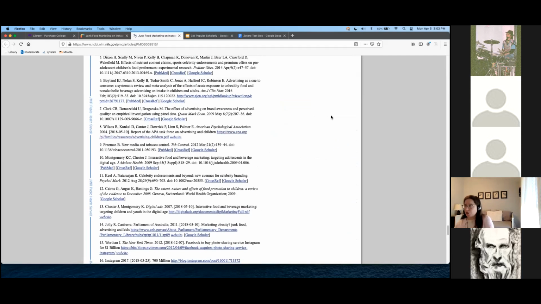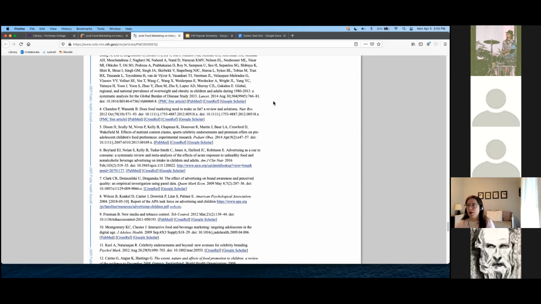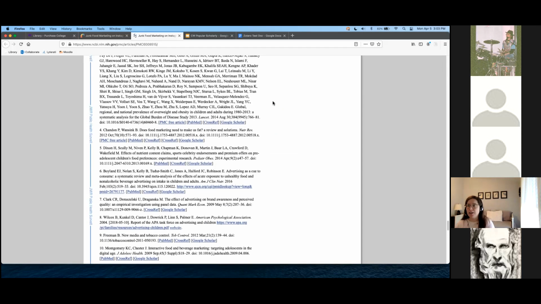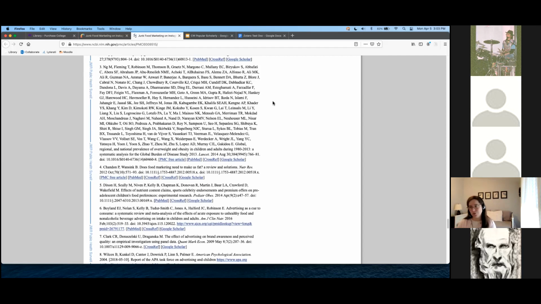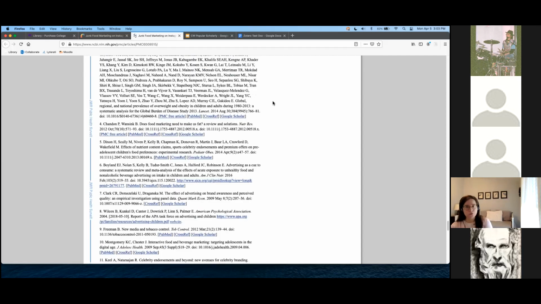So from here, we'll save this to our library so we have it always. That PDF will come along. And then we can also look through and see, okay, maybe there's some other really good articles in here that I can use as well. And you'll start doing this more as you become a more skilled and experienced researcher,